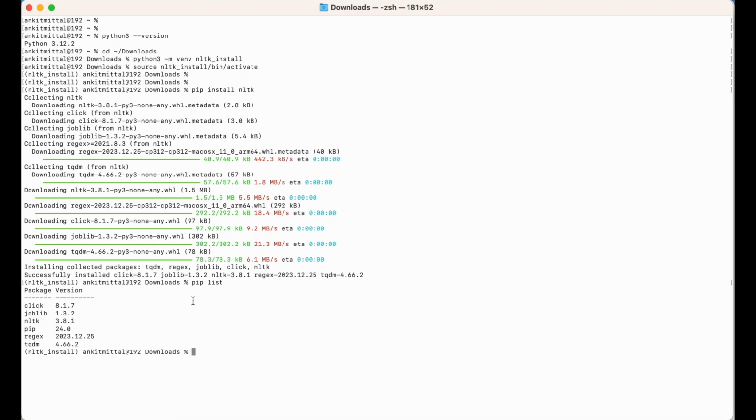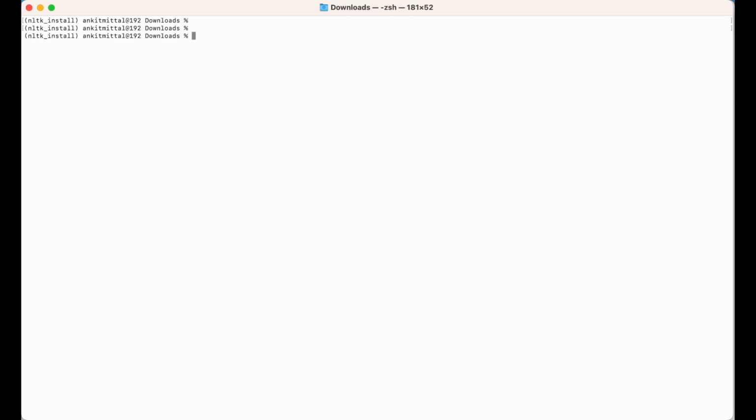You can also verify this using the Python shell. I will clear my screen first, then I will enter into the Python shell using this python3 command. Here if I import nltk, now it is imported successfully. So it means NLTK is installed, and we can also check the version of this. I will say nltk.__version__. As you can see, 3.8.1. So it means NLTK is installed successfully. Let me exit from here.